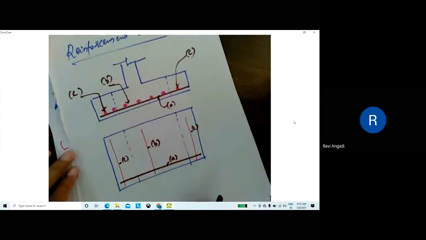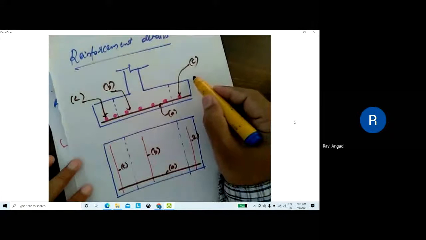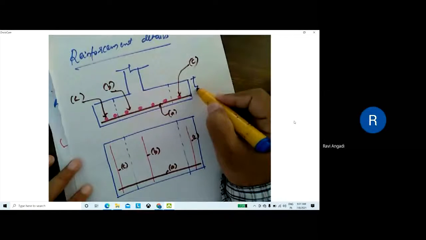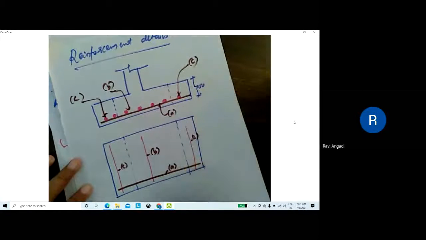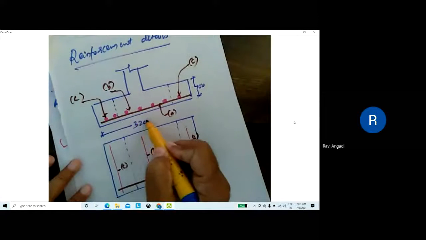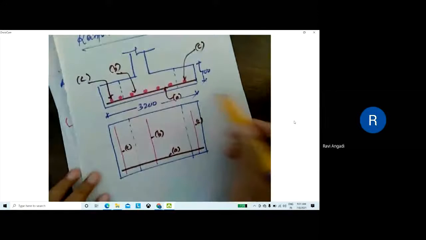I hope all are drawing this one. Are you understanding this one? Hello? Yes, sir. Okay, this is 700 depth. Then take this width as 3200, length of the footing.